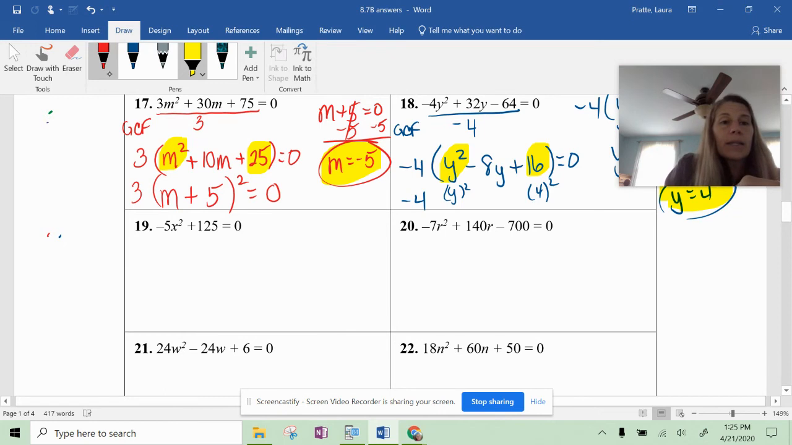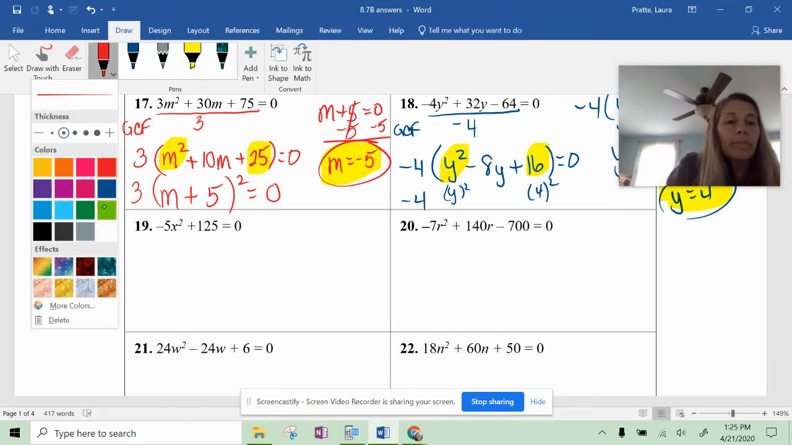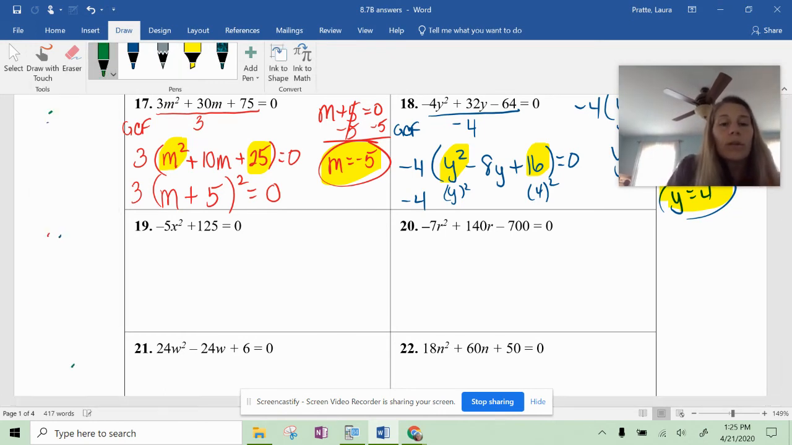Okay, number 19. So this one here, it's only two terms. Right now, 5 is not a perfect square, and there's a plus in the middle, so it looks like I can't do anything. But once I divide out my GCF of negative 5,